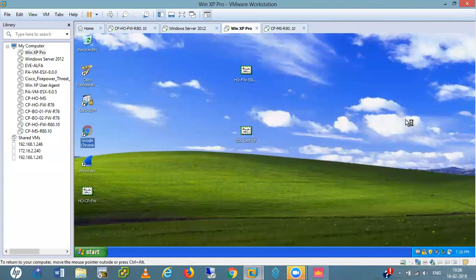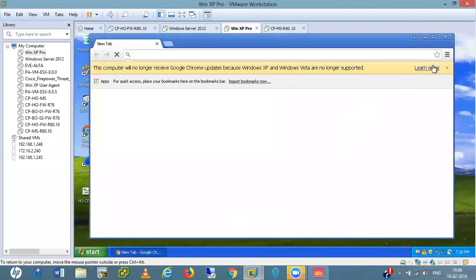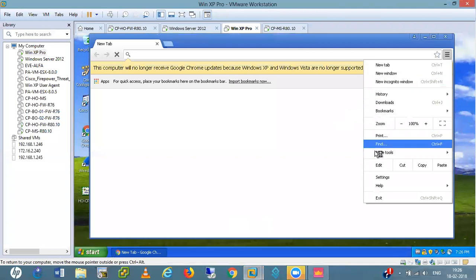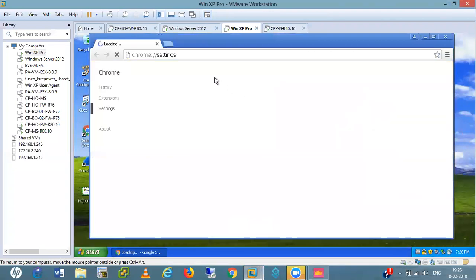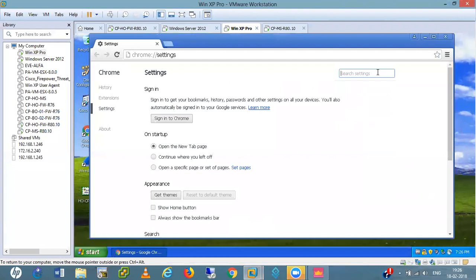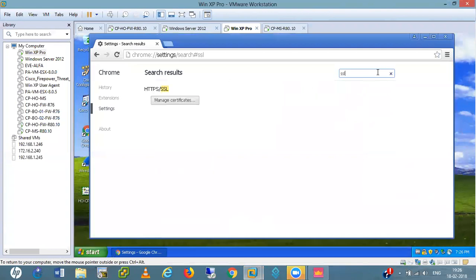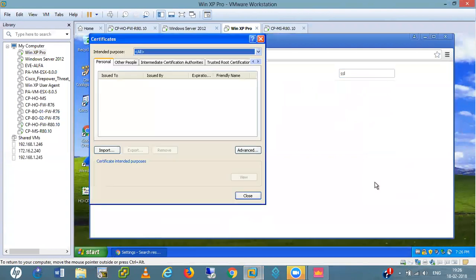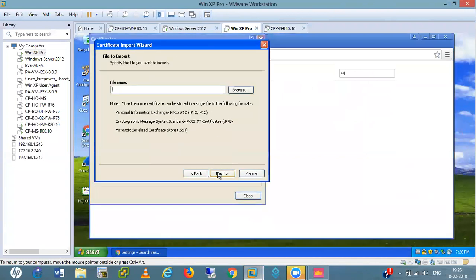I open my Google Chrome. Here I install that certificate in settings. I search for SSL, import, next.